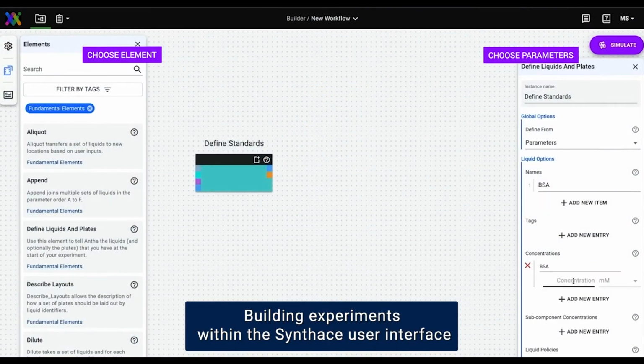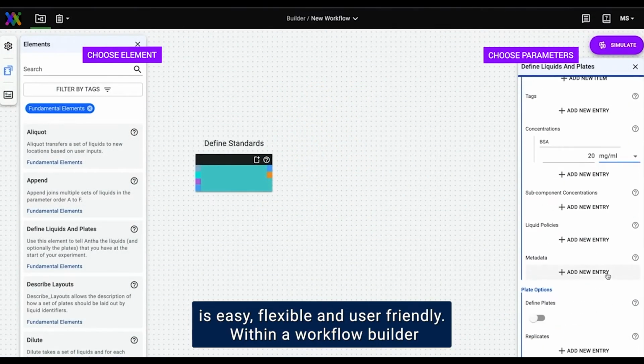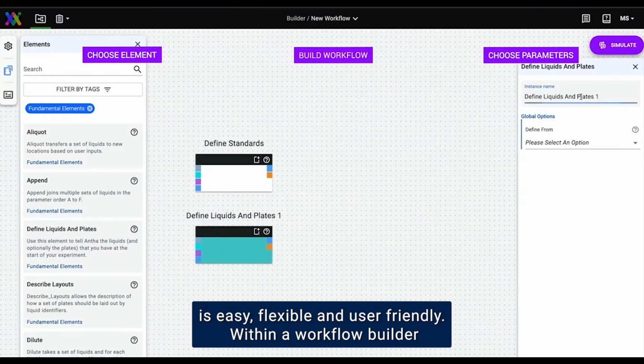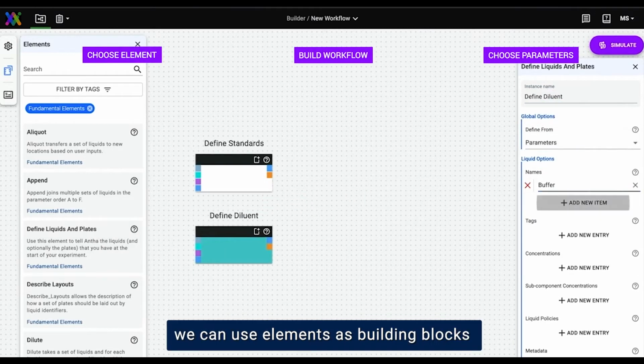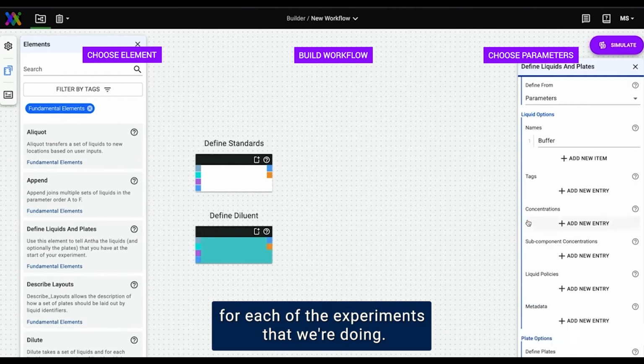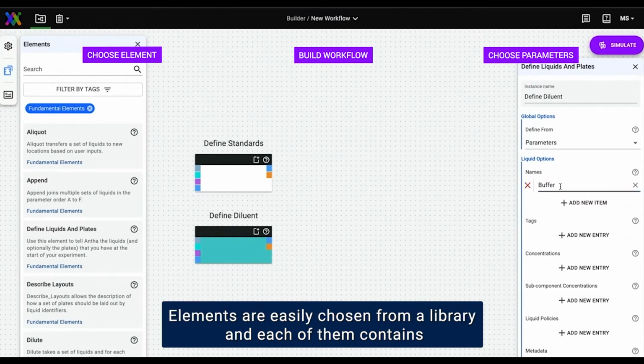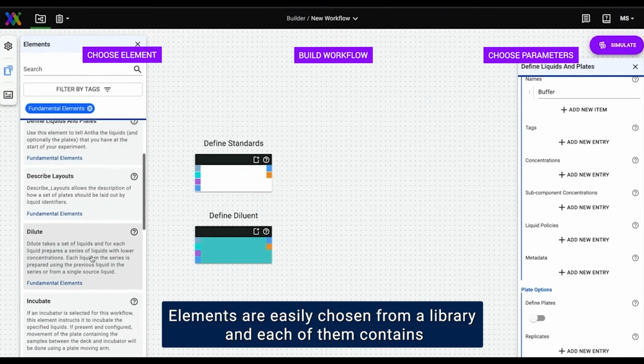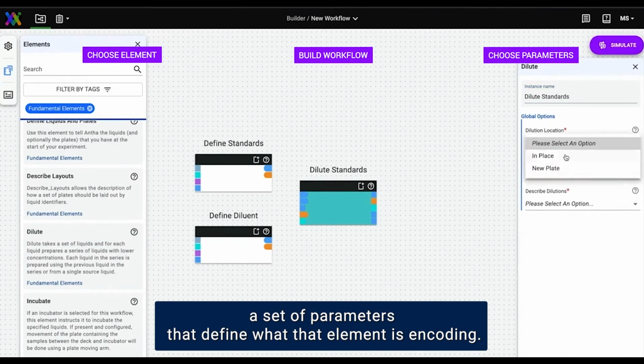Building experiments within the Synthace user interface is easy, flexible, and user-friendly. Within our workflow builder, we can use elements as building blocks for each of the experiments that we're doing. Elements are easily chosen from a library, and each of them contains a set of parameters that define what that